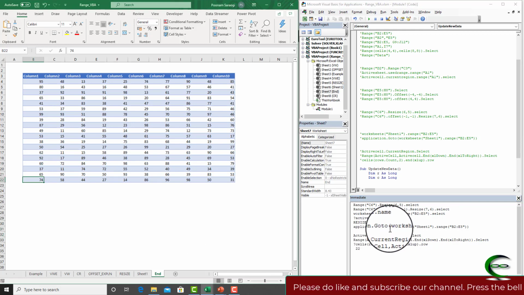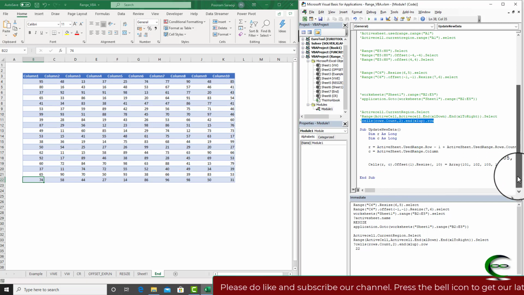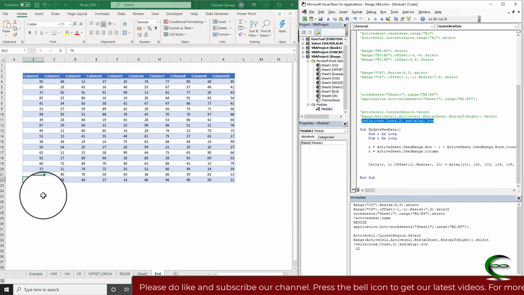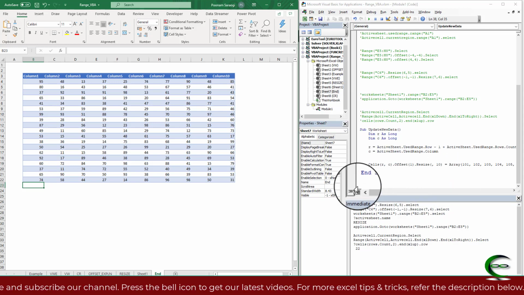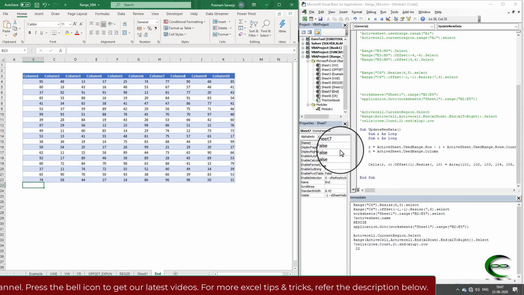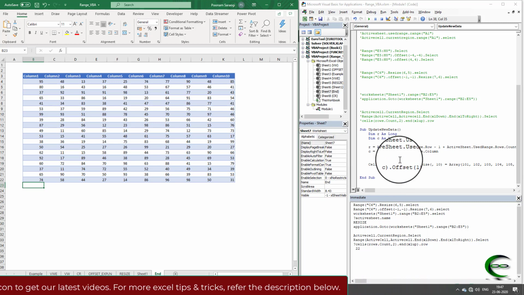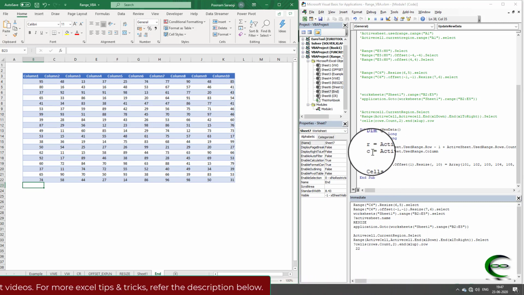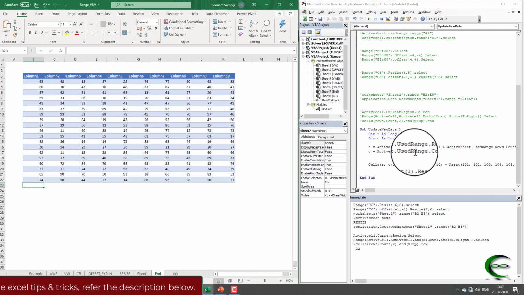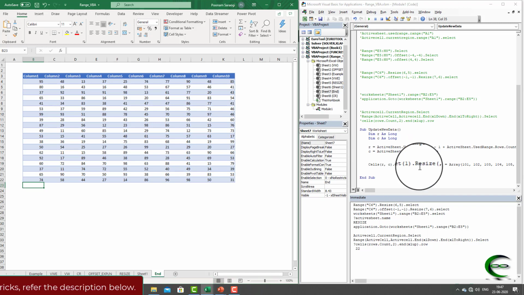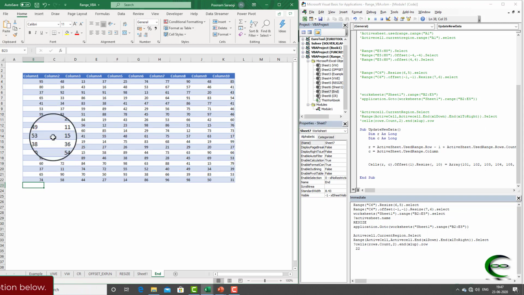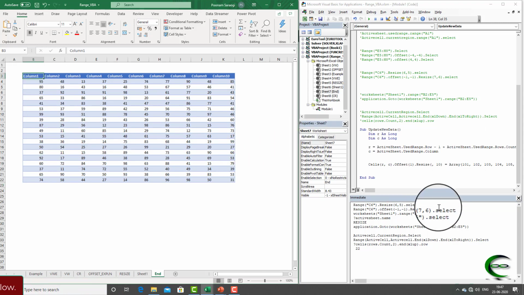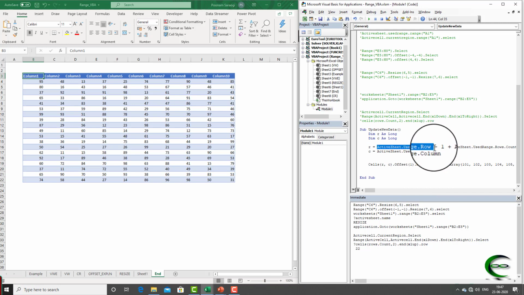So I am showing you with a simple example how we can update data after the last row. A simple code I have written: Dim R as Long, C as Long, and then I selected the last row and column. ActiveSheet.UsedRange.Row - 1. Using this I am getting this row information, row 3. Let us check.